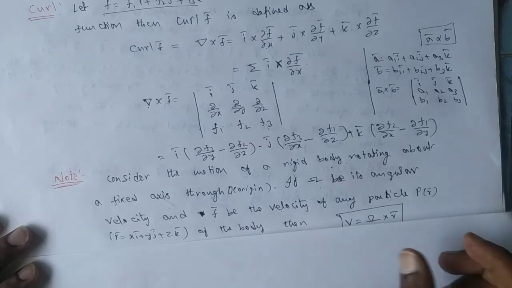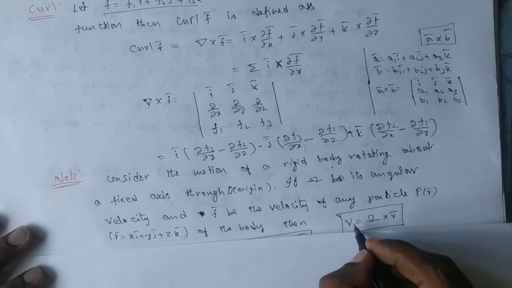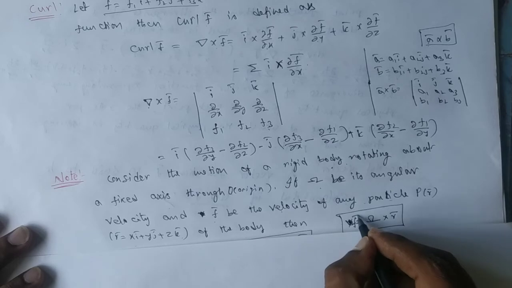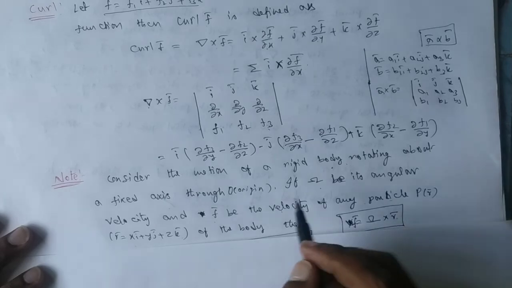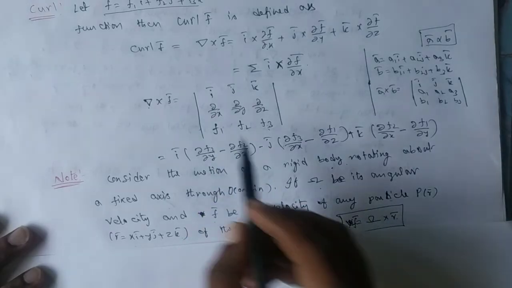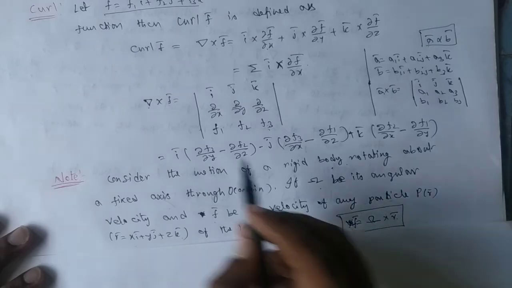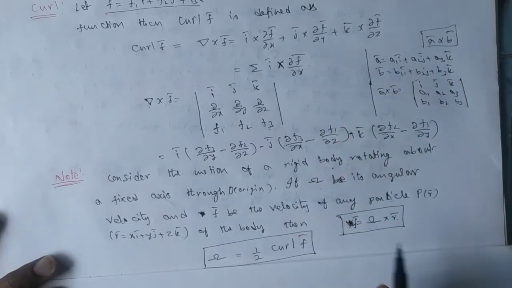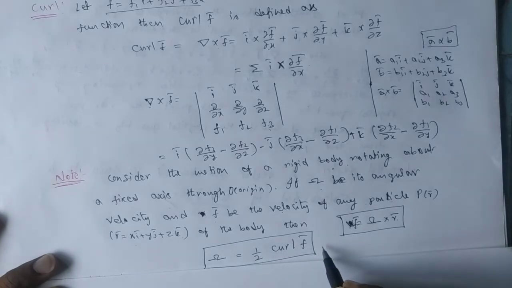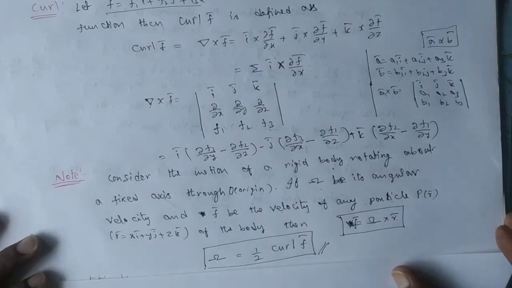Then we have two things. First, the velocity, I should write it as f bar, should be equal to omega bar cross r bar. If you simplify this omega bar cross r bar in this manner, in place of omega you may write a1 I bar plus a2 j bar plus a3 k bar, and r bar is xi bar plus yj bar plus zk bar. If you simplify it, you get that this omega becomes half curl f bar. So this is the one result: curl indicates the rotation. Clear? So this is the physical meaning of curl f bar.